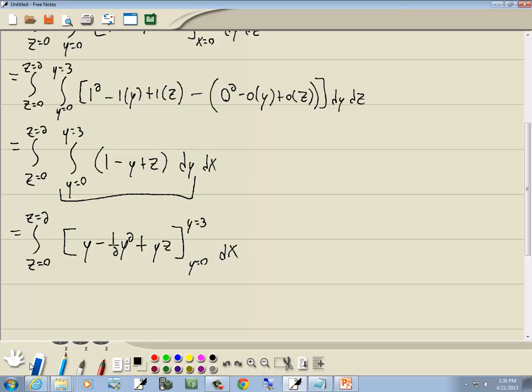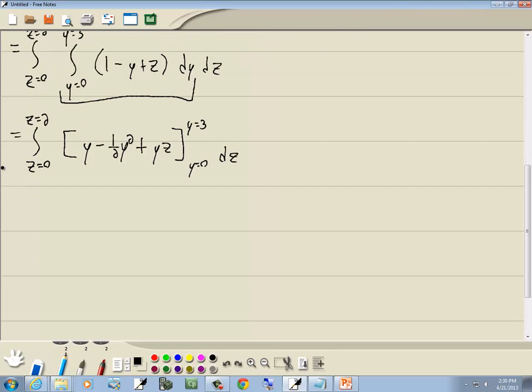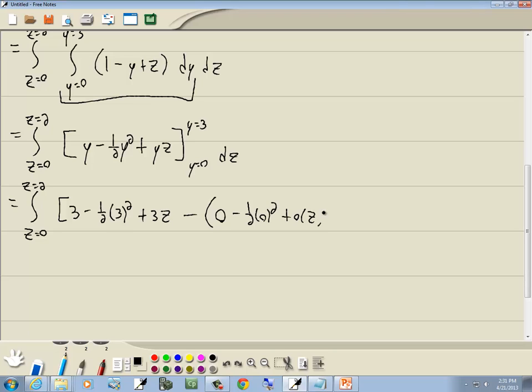And I wrote that down incorrectly. Let me try that again. Those should be dz's there. Well, now we can plug in the numbers. So plug 3 in for y. So we're going to have 3 minus 1/2 times 3 squared plus 3 times z minus, and then we'll plug 0 in for y. So we got 0 minus 1/2 times 0 squared plus 0 times z,